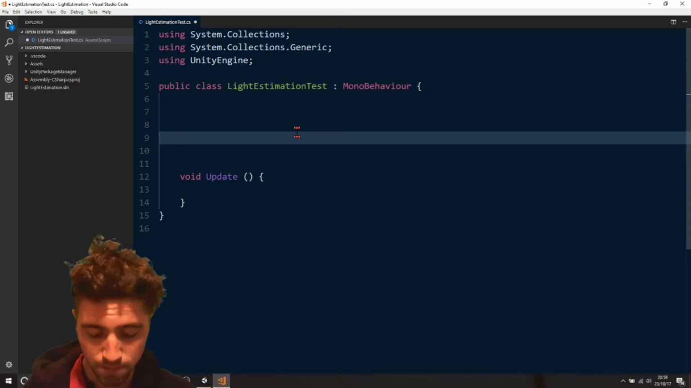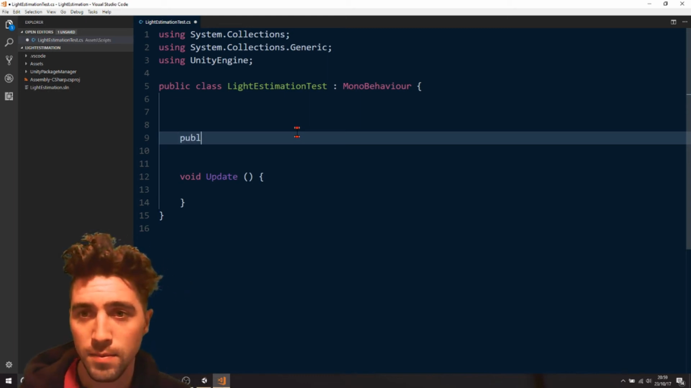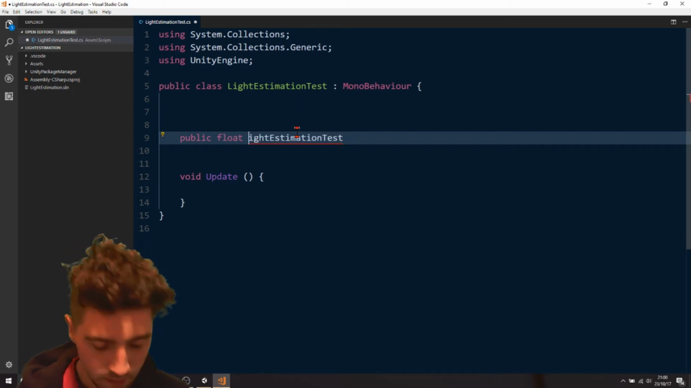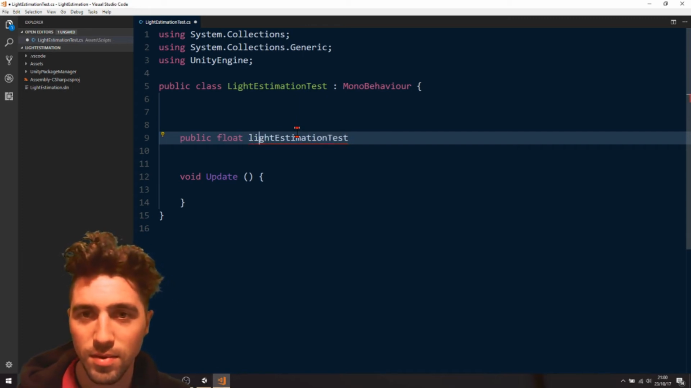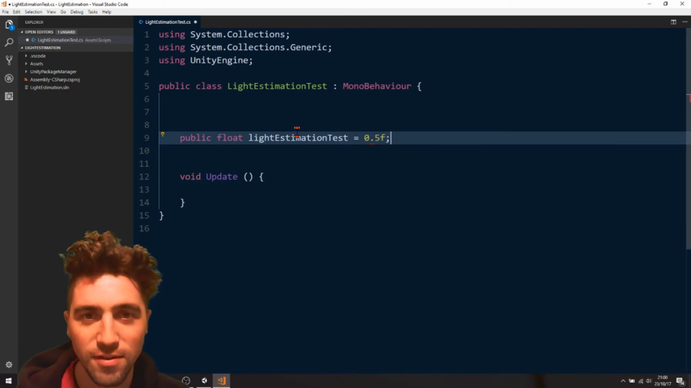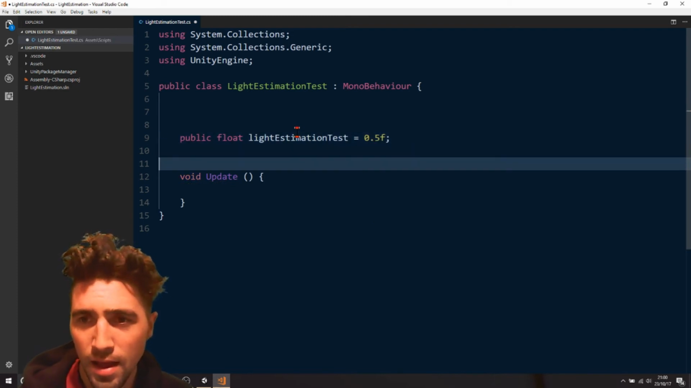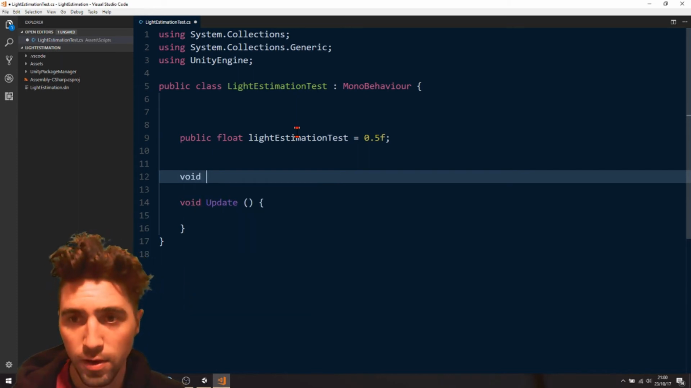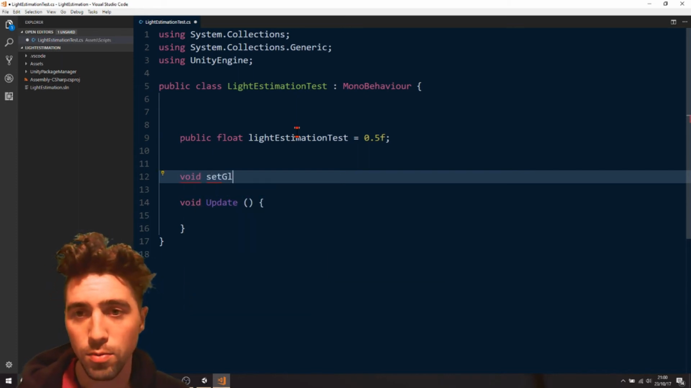So we just create a public float. We'll call it lightEstimationTest, except with a lowercase. Maybe we could do with a better name; it's not exactly the same as the class. Anyway, we'll just go equals 0.5f. Okay, now we're going to create a new function. We're going to call it void SetGlobalLightEstimation,